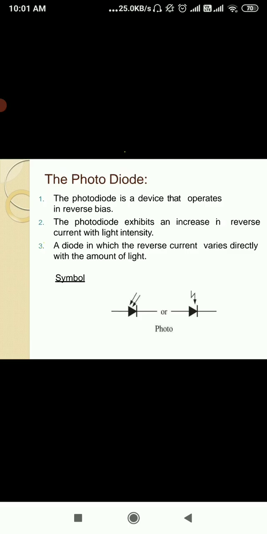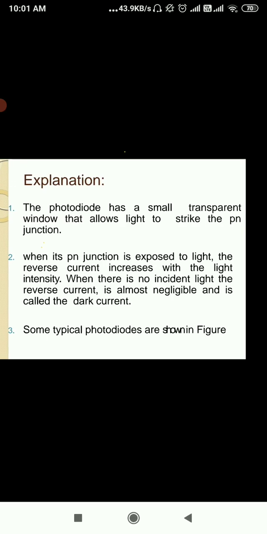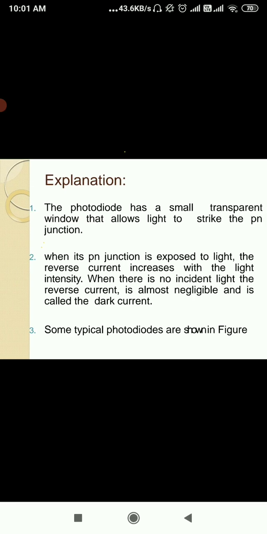which we are giving to the photodiode. This is the symbol for photodiode, and when we are supposed to draw the circuit diagram for a photodiode, at that time how will the circuit diagram be? Can anyone guess from you? कोई बता सकता है कैसे रहेगा फोटोडायोड का सर्किट डायग्राम?